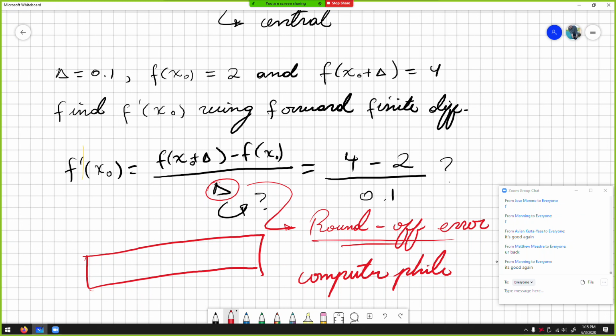But the way the computer stores its memory, you can think of it as a vector. It has a bunch of cells, and it designates cells for specific things: this is for the sign of the number, this is for the mantissa, whatever Kasab talked about at the beginning of the semester. So round-off error, if I give it a very long number,